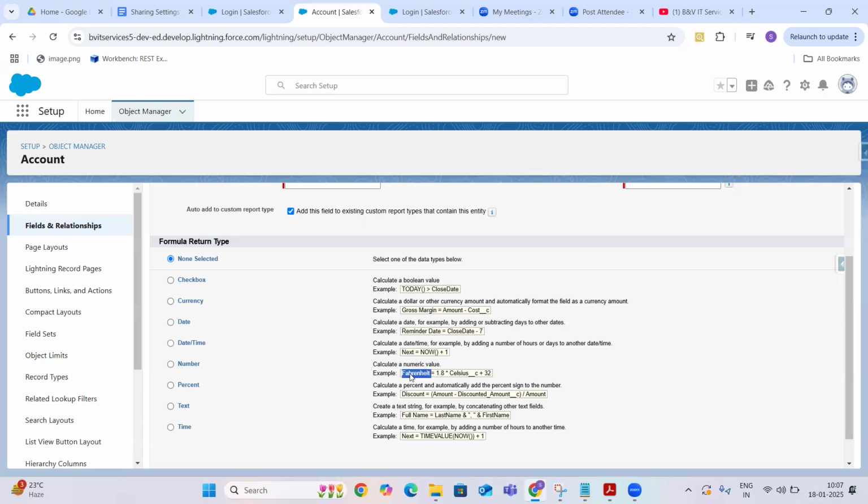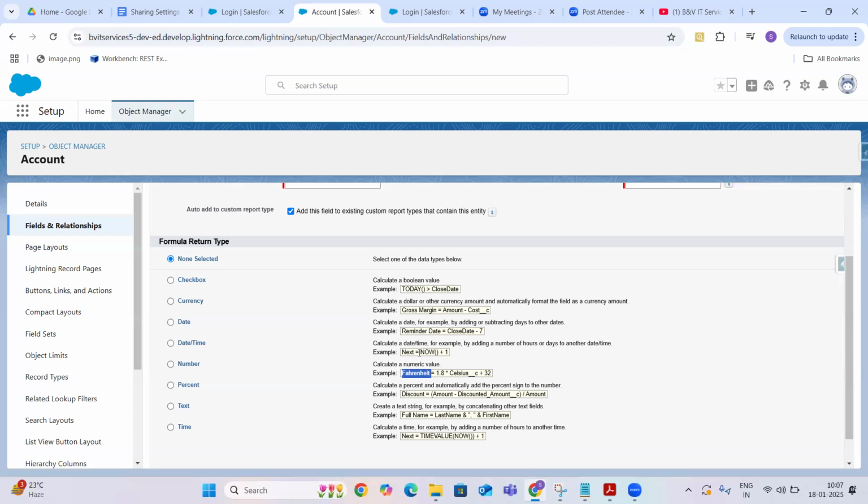Here, this is one of the formulas. We are calculating the Fahrenheit depending on the field value which is present in Celsius. So we are converting Celsius to Fahrenheit. This is the kind of formula we are going to write. Or else, for example, we know the current date and I have a field that should display the next date.